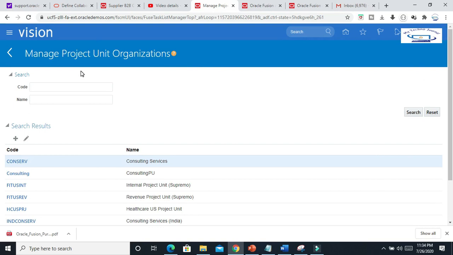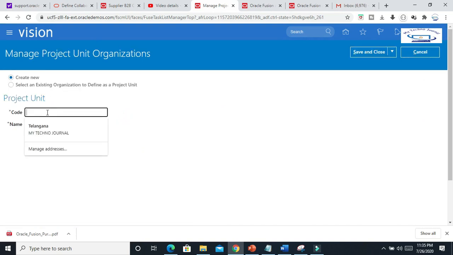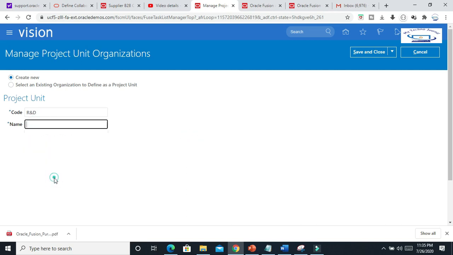Now, if you have another service, suppose you are providing research and development, R&D, because here the activities can be different, you want to maintain two different project unit organizations to maintain different service tracks.